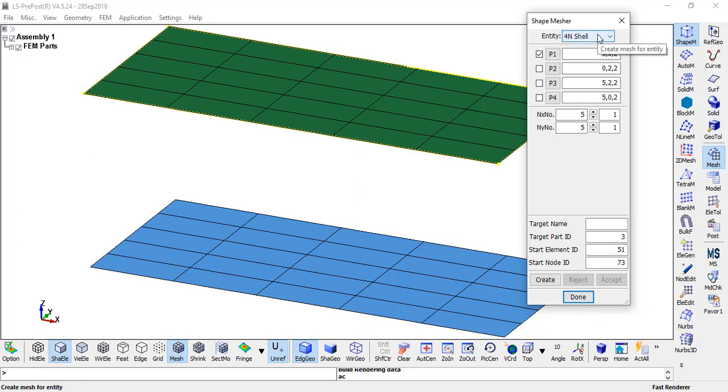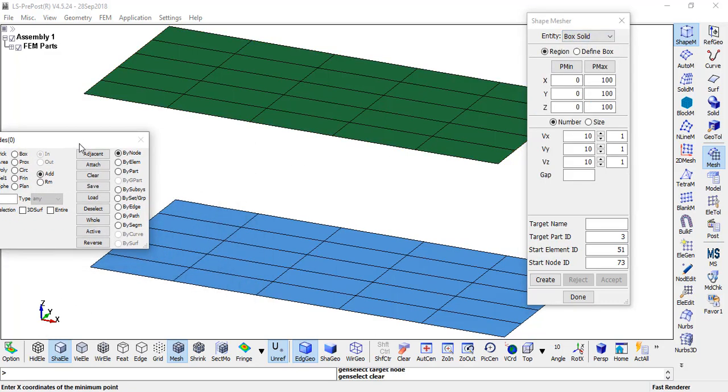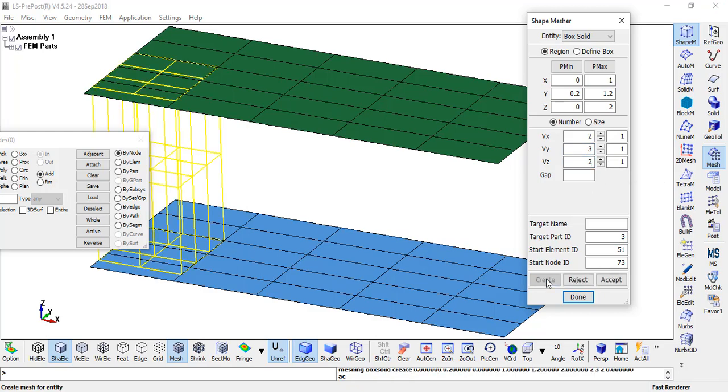Okay, so now we need to give a box solid. There it is 1, 1.2, and as the height is 2 units, we will give it as 2 units. I will be dividing it into 2, 3, 2 units just to match it.